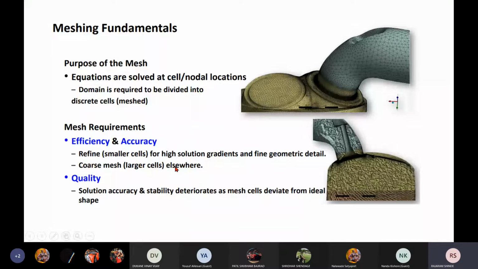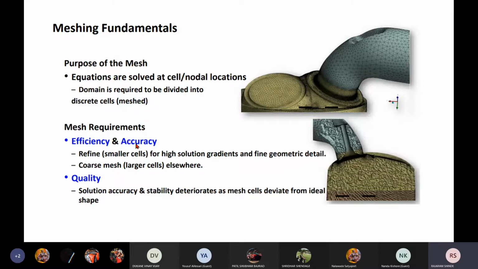If accuracy is not important and we need efficiency, then we go for a coarse mesh. Here if we go for accuracy, the number of equations increases, and when the number of equations increases, the solution time will increase.